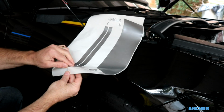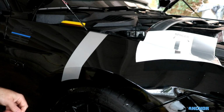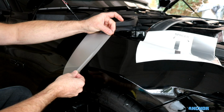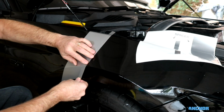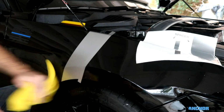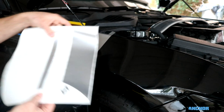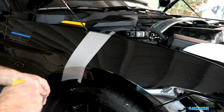Alright, we're going to grab the spacer, which is a little longer than the actual stripe. Both stripes are made that way, it just makes it a little easier for you to put on. I'm going to lay it right beside, and then just use my finger to get some of that liquid out. No need to wrap it on the top and the bottom, obviously, since it's going to come right off. And then we're going to take the actual front side stripe. Remember, which is top and bottom. I grabbed it from the bottom,